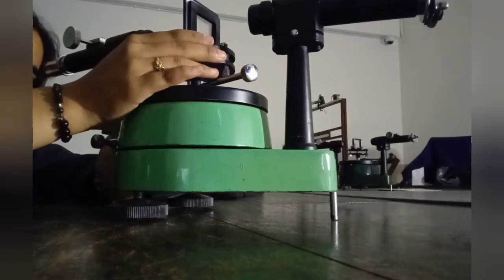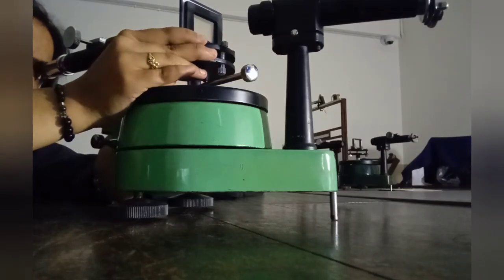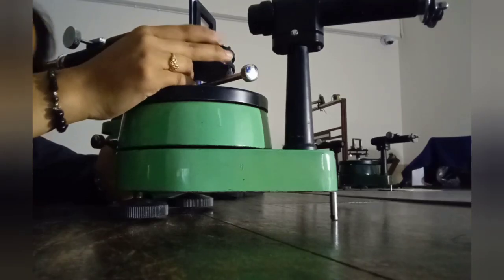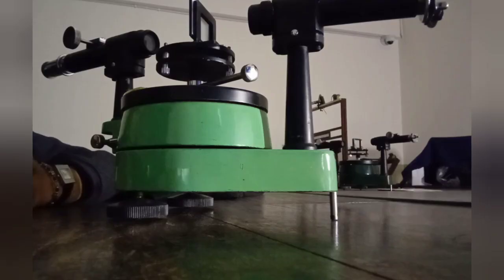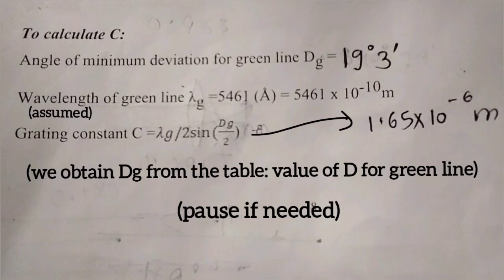So you have to note down the exact distance up to which the line moves. That will be the minimum deviation, the difference between the positions. In this video, you can see that the green line moves slowly away from the crosswire, or rather, the crosswire moves away from the green line up to a certain point, and then it comes right back. At the point at which the line comes back to the crosswire, you have to stop turning the prism table and leave it as it is. You shouldn't touch the prism table after that, and that position will be the minimum deviation angle for the prism table.